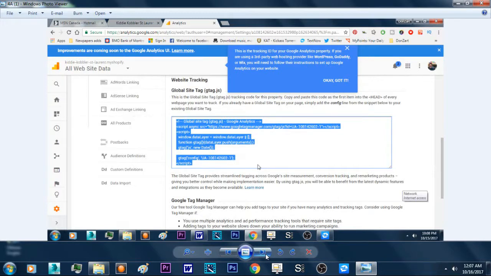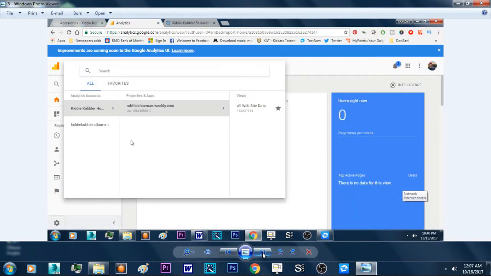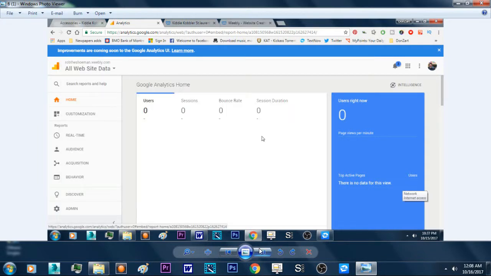And we needed the corporation emails to set up Google Analytics. And for Google Analytics to work, we've got to copy the codes you see here. The codes go into the web pages in Shopify and to your hometown page on Weebly, and every other social media aspect we do on the web. Okay, and as you can see here, Kiddie Kobbler St.laurent, it can take up to 24 hours for it to load. That's why it's not showing here, but it is added, and it will give us all the analytics we need